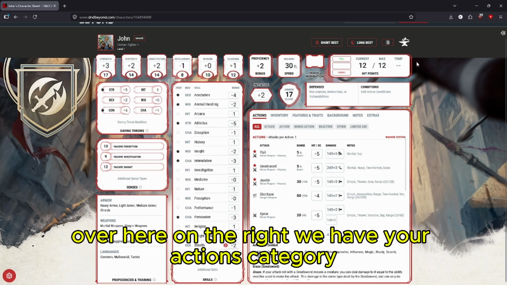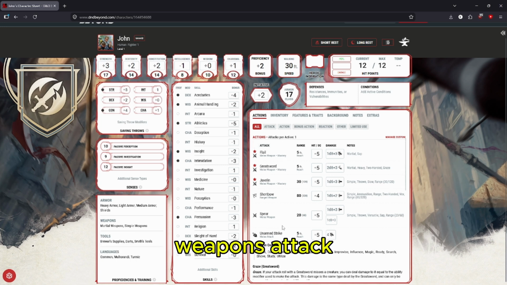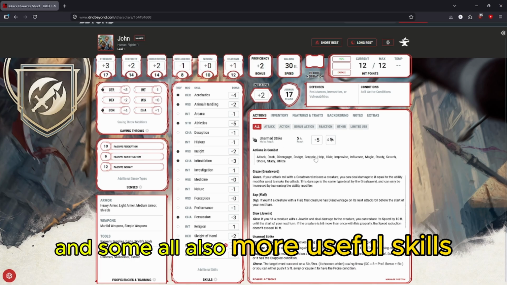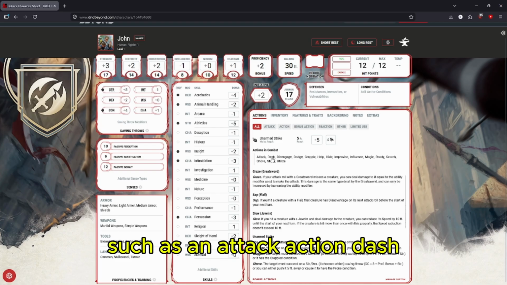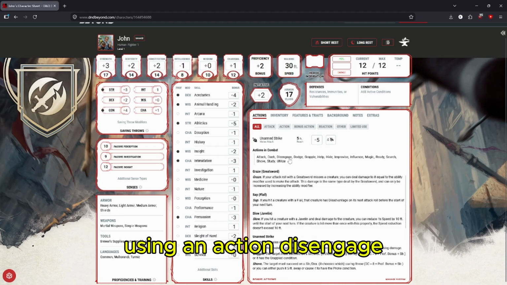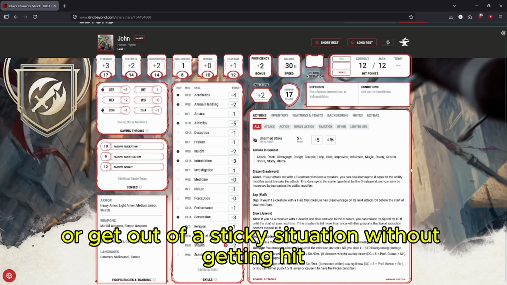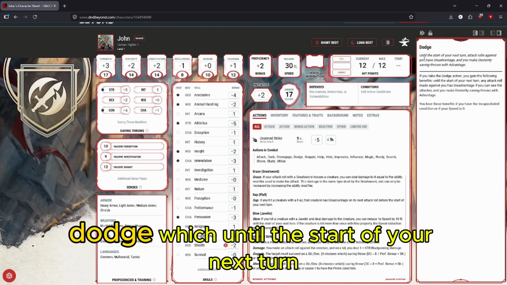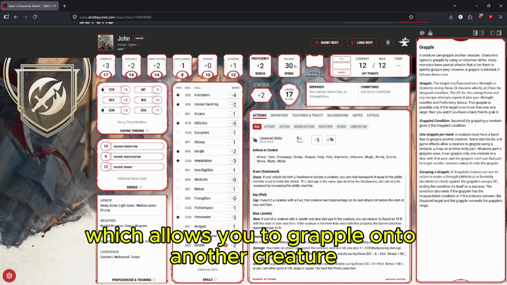Over here on the right, we have your actions category. This tells you what you all have. This would be your weapons attack, and some also more useful skills, such as actions that you can take, such as an attack action, dash, which allows you to double your walking speed using an action, disengage, which allows you to swiftly exit a battle or get out of a sticky situation without getting hit, dodge, which until the start of your next turn, attack rolls against you have disadvantage, grapple, which allows you to grapple onto another creature, and if you succeed,